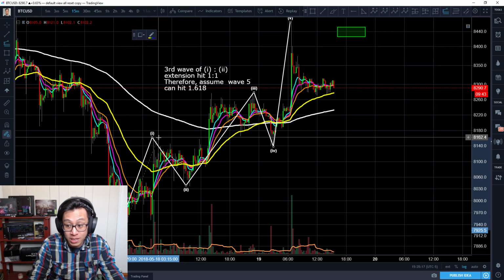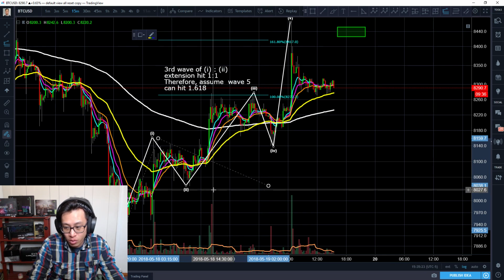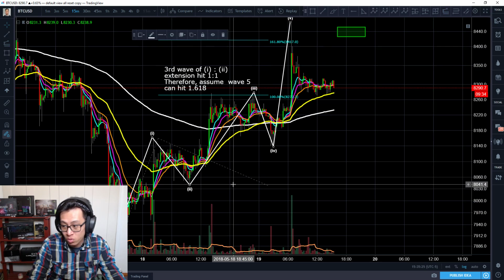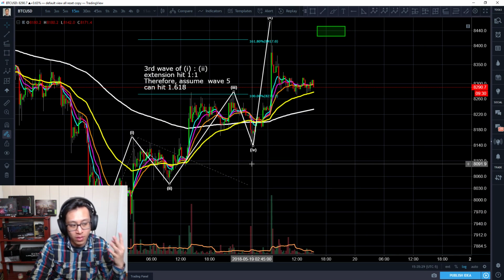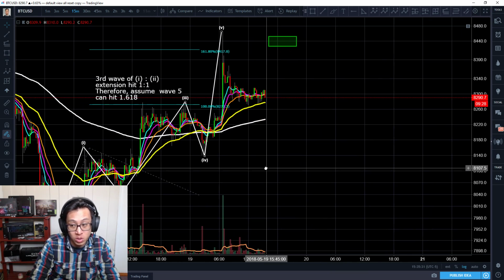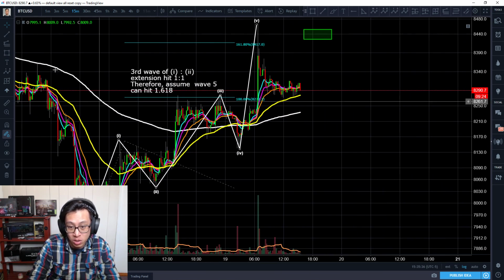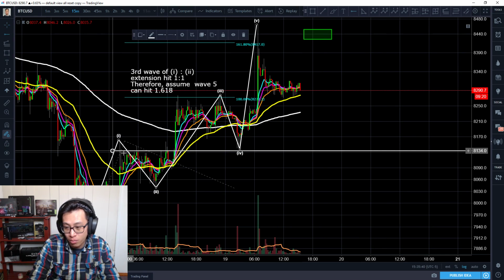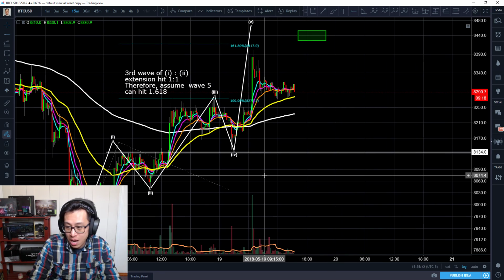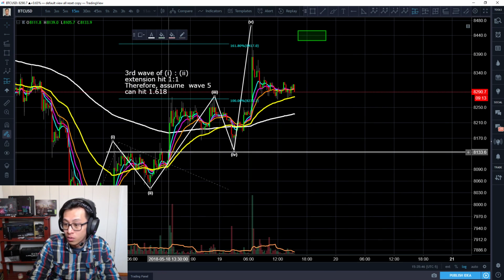This is the Fibonacci extension tool. Click on the second point right there, and then click on the third point. The third point will always be at the end of wave 2, okay? And then we say to ourselves that wave 3 is often the longest and never the shortest. Therefore, we assume that if we buy it on either a breakout or during the accumulation phase on a lower end here, where you are laddering your buys. But obviously a good breakout point would be right there. So you enter a position right here in the long with your stop loss.